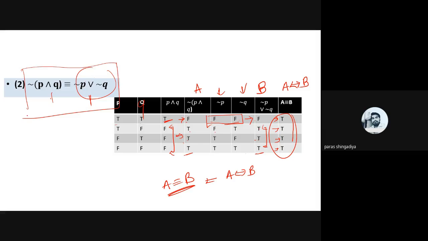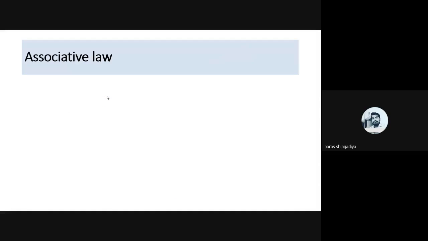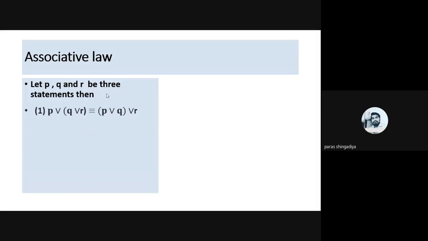Okay, these are the standard laws we have, which are the logical equivalent forms. These two statements are known as De Morgan's laws. And similarly, we can prove the second law, that is the associative form. So the statement of the associative form is here.